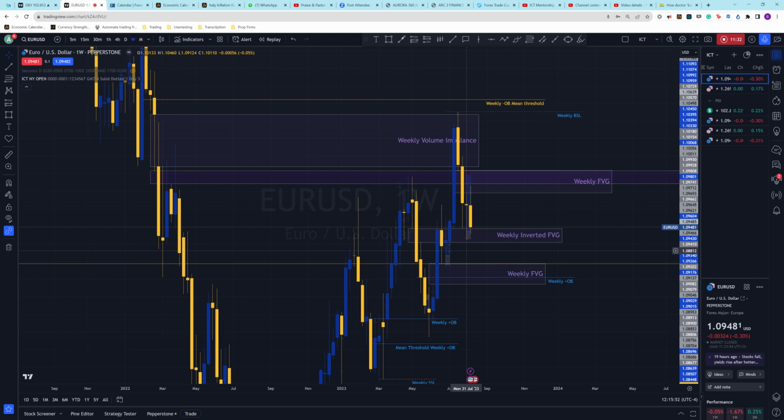This rejection initially made me feel like price was going to be bullish. But obviously, price is showing us that it didn't have such bullish intentions as I had hoped for. So we could possibly be looking at a reversal in price. I don't know for sure yet, but where we stand right now, what could be my next draw on liquidity? Should price start dropping down in line with what I was seeing on my DXY, we're looking at price coming to this fair value gap. This will be the next draw on liquidity. Price will most likely come to take out this fair value gap.